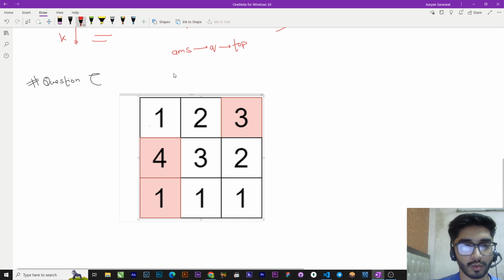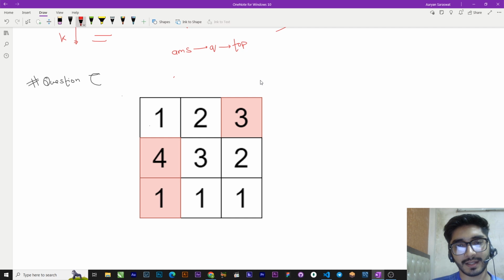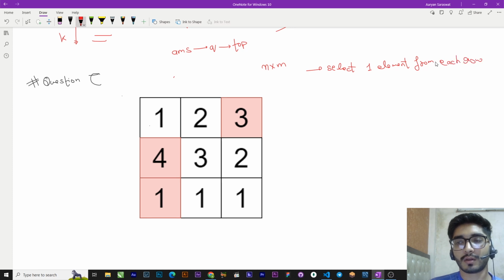What you can do is select, basically this is an n cross m grid, and you can select one element from each row to make a set. Basically we have to make a set of values, and we can select one element from each row but